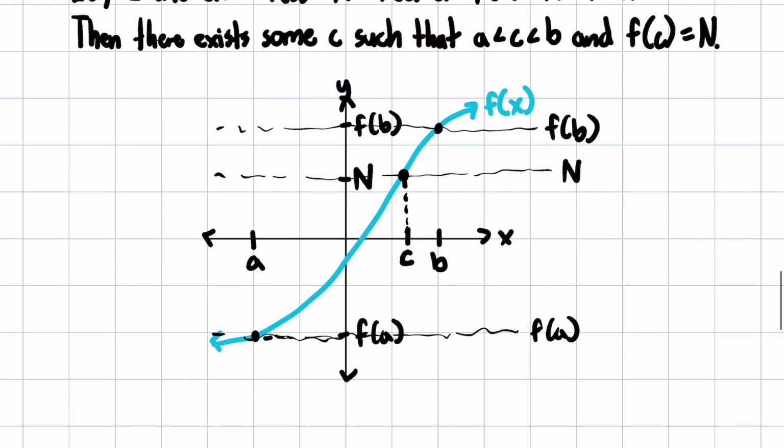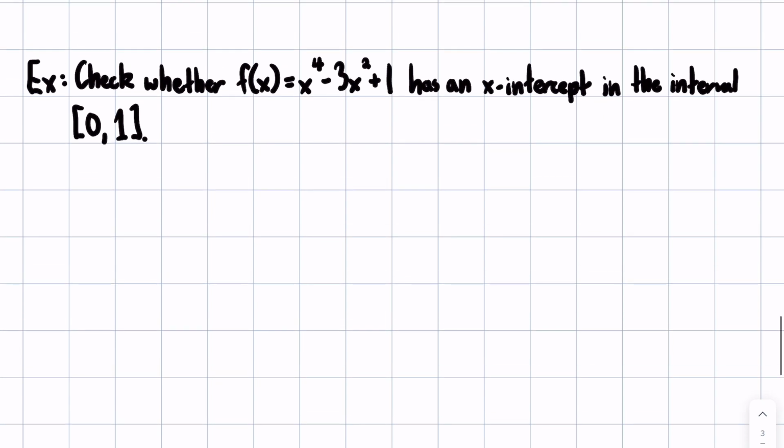Now, to see this in action, what we're going to do is consider finding x-intercepts, right, which are roots. And so there's an x-intercept whenever f of x equals 0, right? That's when a function has an x-intercept. So for this function to have an x-intercept, we can show that it has an x-intercept on the interval 0, 1 if we can find that f of 0 and f of 1 are on either side of the value 0,